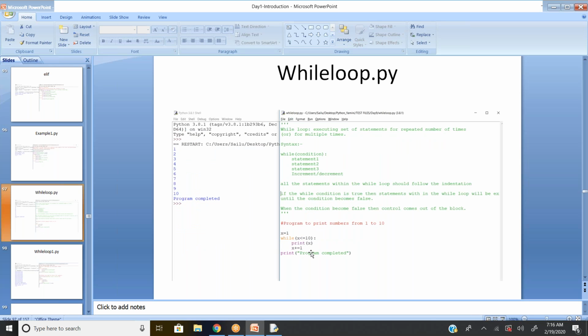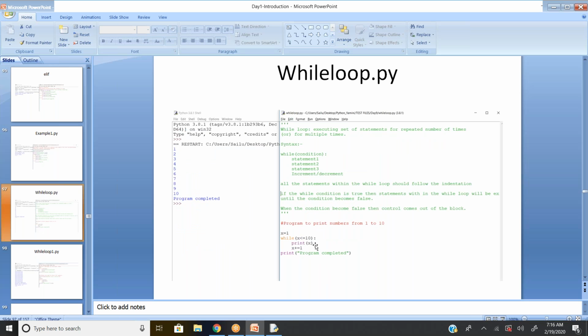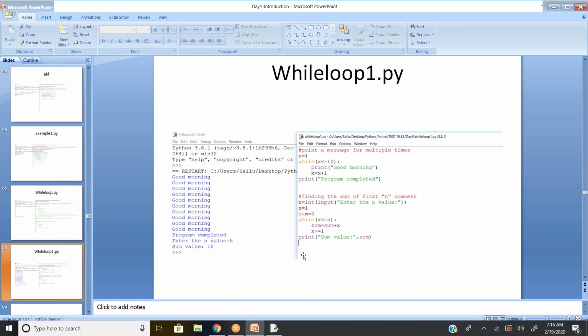Now, what is the difference between the previous example, while x less than or equal to 10, and here, x less than or equal to n? In the previous example, whatever number I had in x, I displayed it. It does not mean the same number has to be displayed. You can display any code. So in this example, instead of displaying x, I wrote my own string, or my own expressions, or my own program, and displayed it. Say good morning is repeated 10 times.